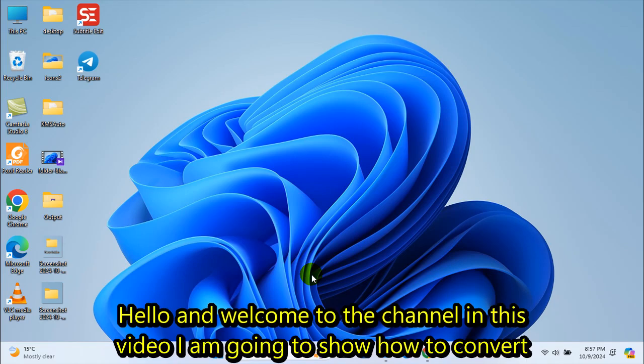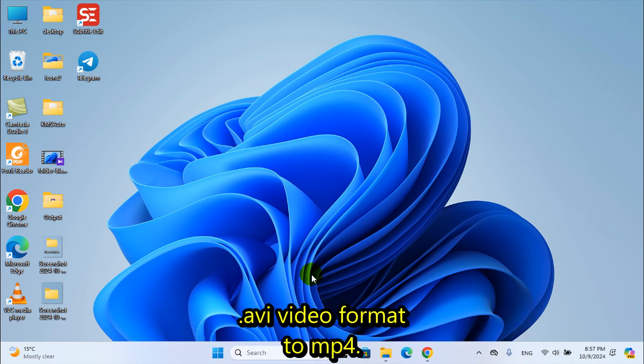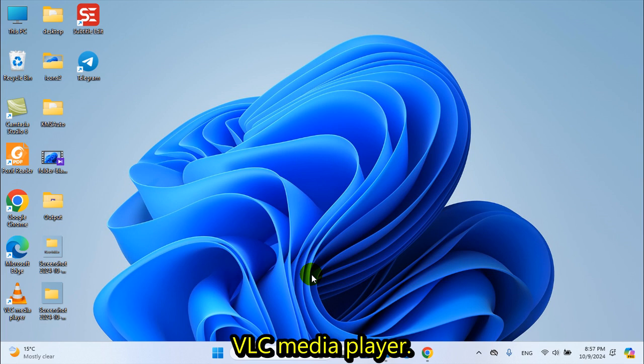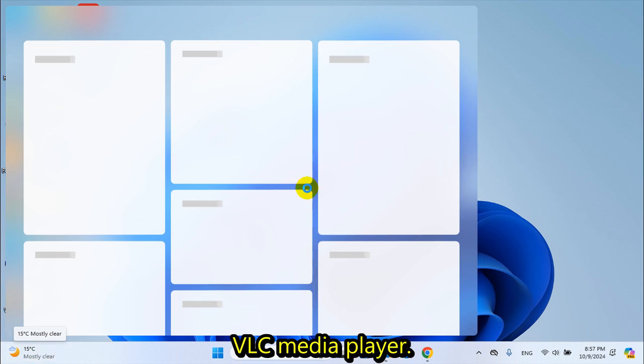In this video I'm going to show how to convert .avi video format to MP4 by using a VLC media player. So let's start it. First of all, open VLC media player